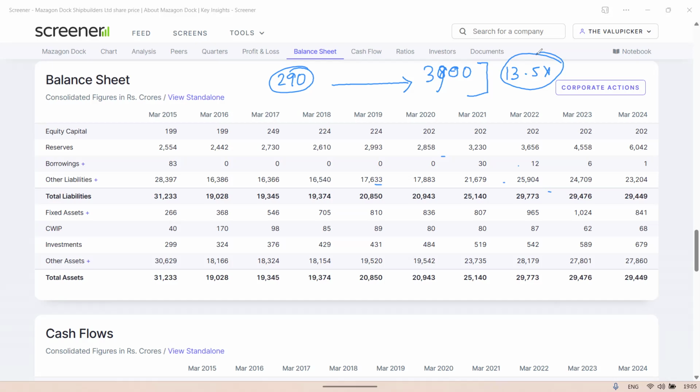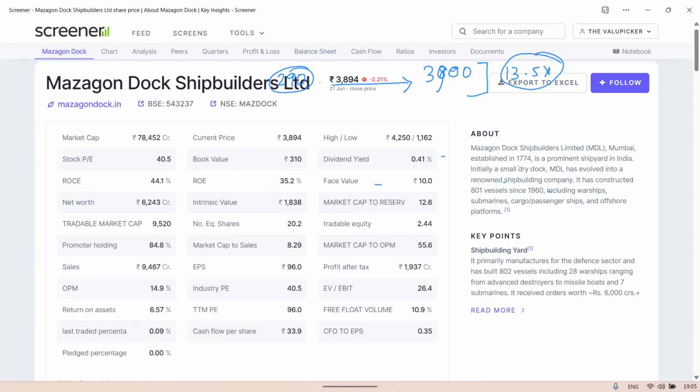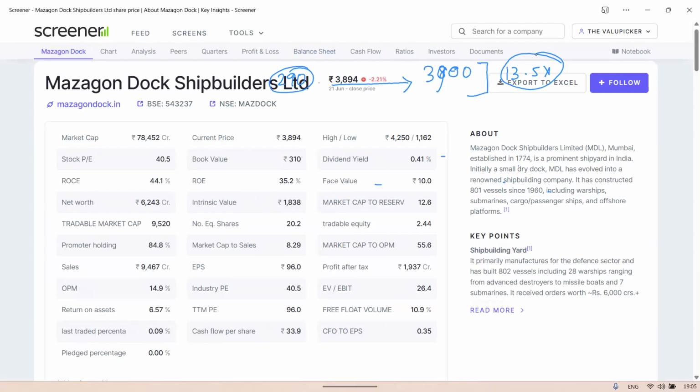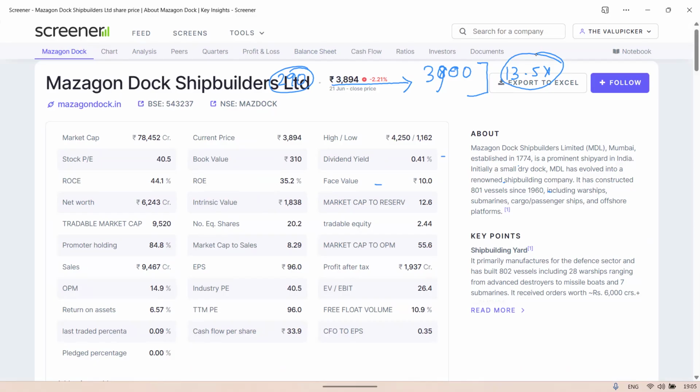How it will move and how to derive market cap, that I'll come to in the next session. Market cap is just whatever market price is going on multiplied by outstanding shares. Let me clear that also with all of you. Say here the equity share is